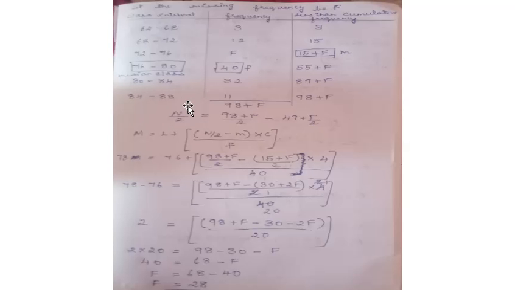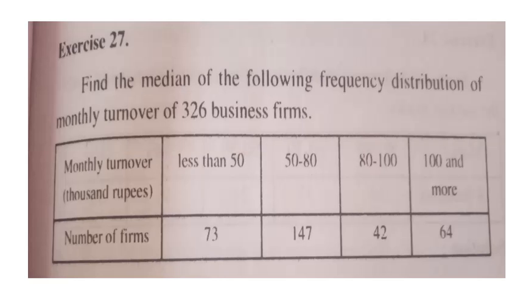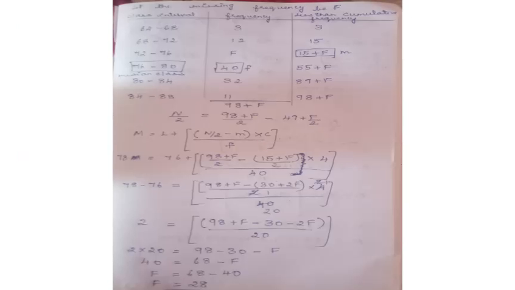Okay, so this is the end of the median concept. Median problems I have done under array, under raw data, and under continuous and discrete data. So this will be coming for the exam for section B for 5 marks, as well as in section C also for 10 marks. Okay, so go through the problem, make sure that you copy it in your notes.